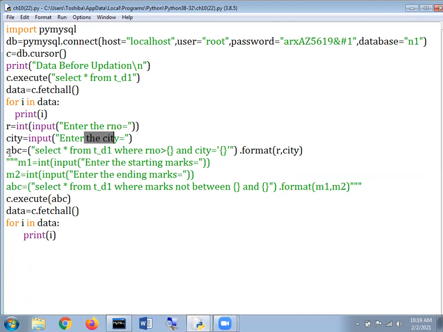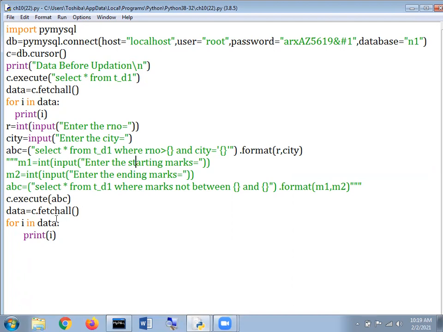And my dear respected student, here it is. It says select star from T_D1 where roll number. Sir, this time we are not using the old style concept, which is done with the help of a modulus operator along with s. Without single quote is an integer or decimal, and with single quote is to be considered as a string.